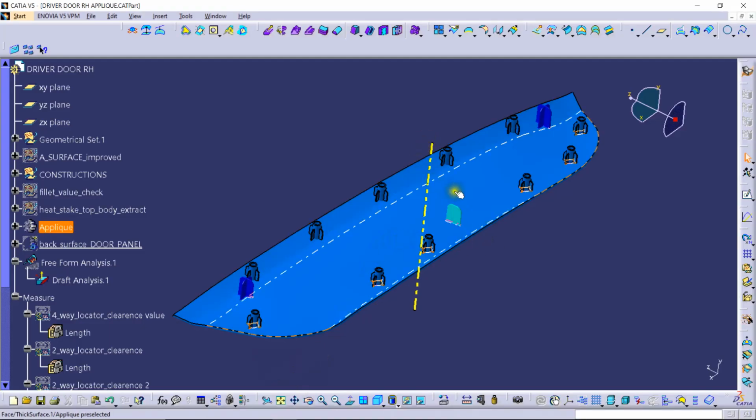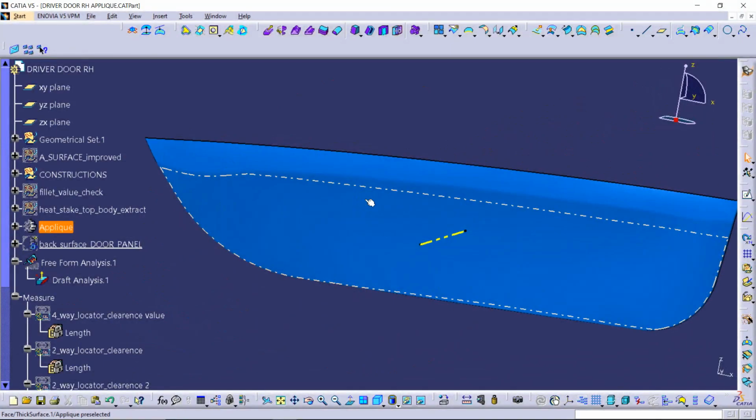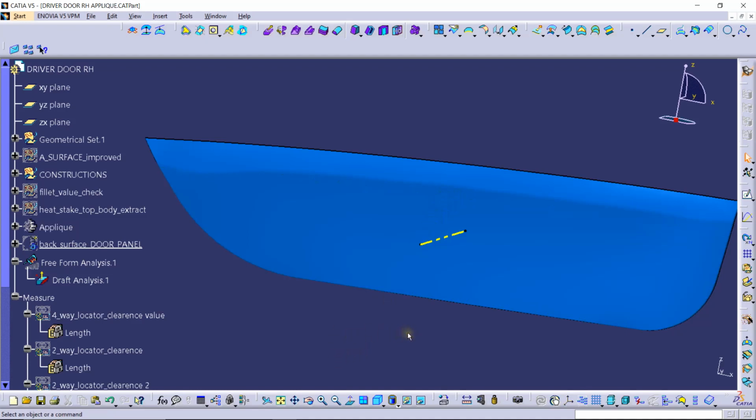So this was today's video, and for concluding, the first step is conceptual design by the styling team and class A surface modeling, and the second step is initial inspection by the NPD CAD team to check whether it is manufacturable or it is following the safety measures criteria. And the third step is designing the class B and class C surface along with the engineering features. The fourth step is inspection by the CAE team to check the strength and everything.